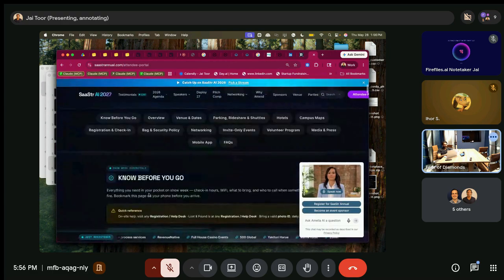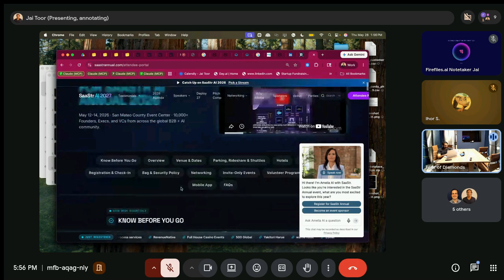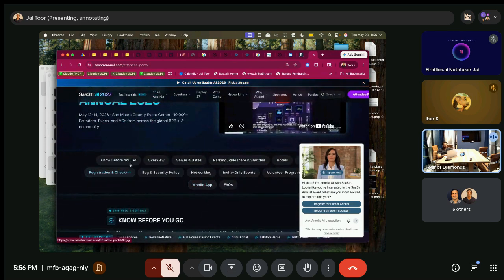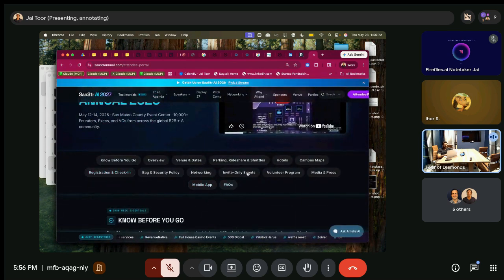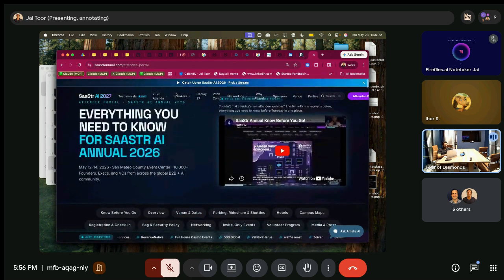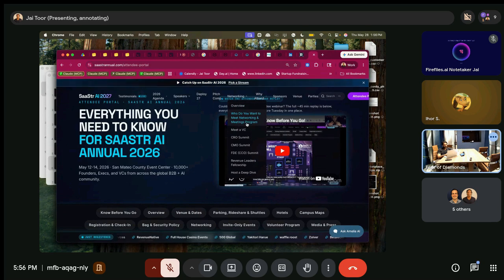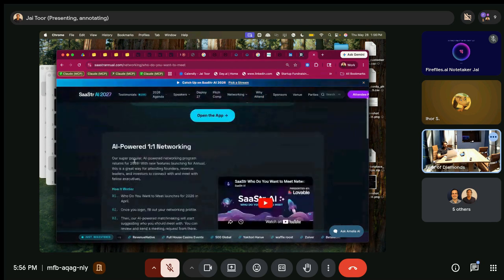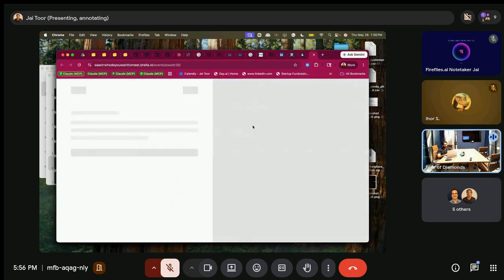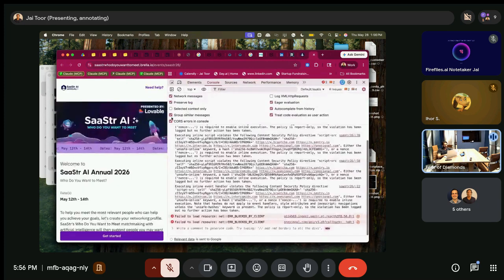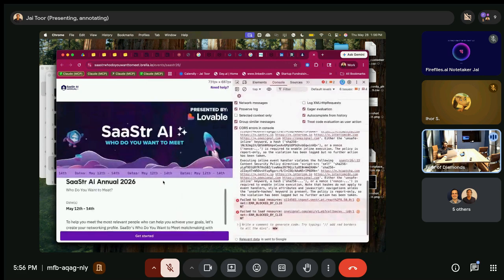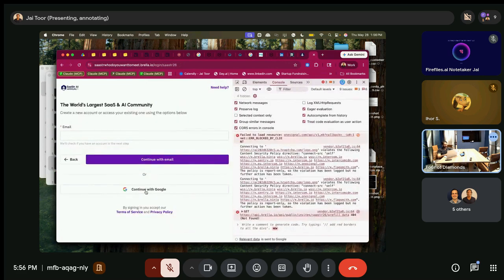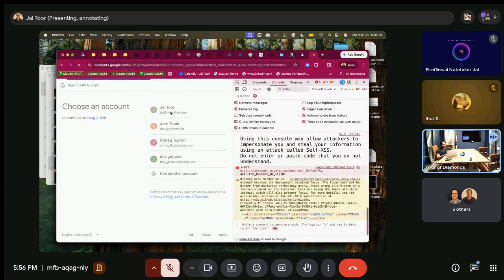And then what I actually did, which is probably not okay, is they had this app, and if I recall correctly, there was a way to log in.